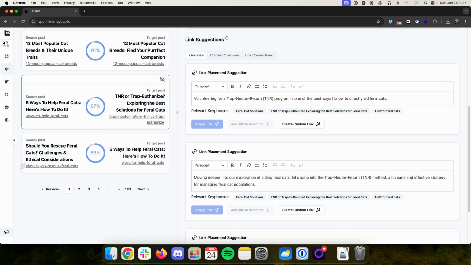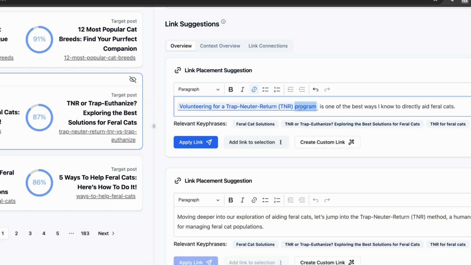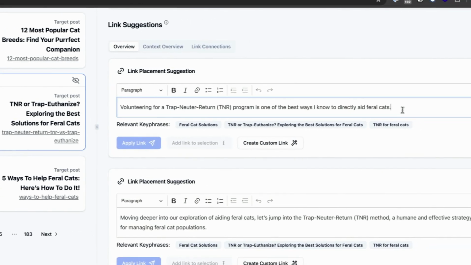But in this case, looking at this, what I would probably do is just choose this one and click Add Link to Selection and make this a contextual internal link for this post. Obviously, it's maybe not ideal. Volunteering for a trap neuter return program is for this post. I would say it's a pretty good contextual internal link, but if I'm not happy with that, I can just change